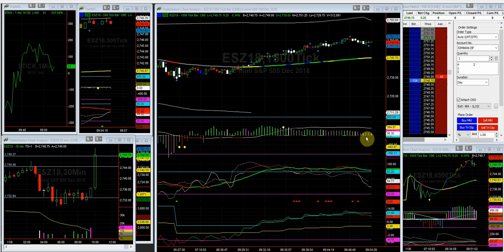So really, if this is a pullback area, there shouldn't be an extended supply side part of the histogram like this showing up over here. If this replicates itself over here, then we have more of a tug of war between supply